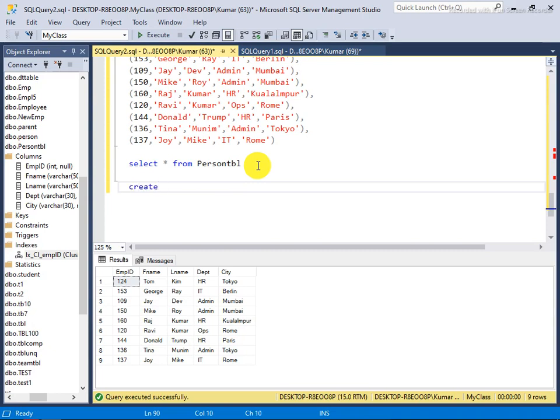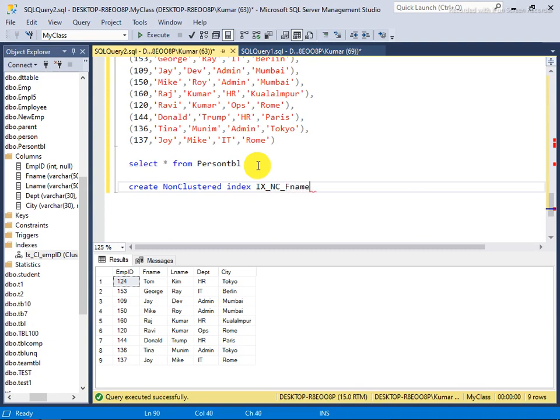This time I'm talking about a non-clustered index. Okay, so I say create non-clustered index, and for the name of the index I say ix non-clustered index, and I make it on f name.